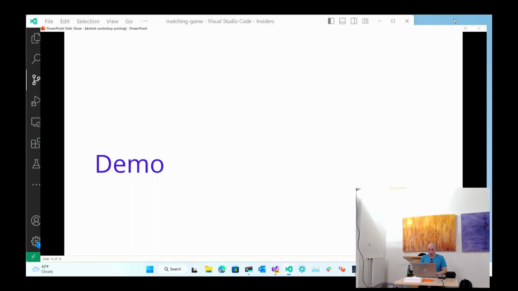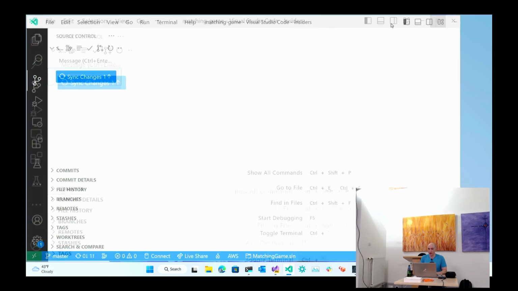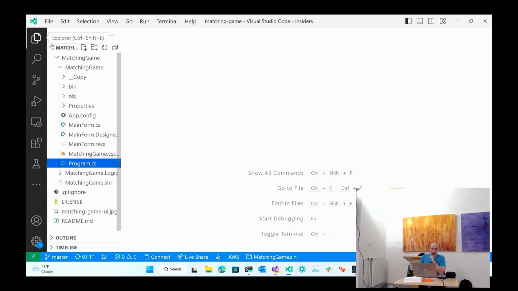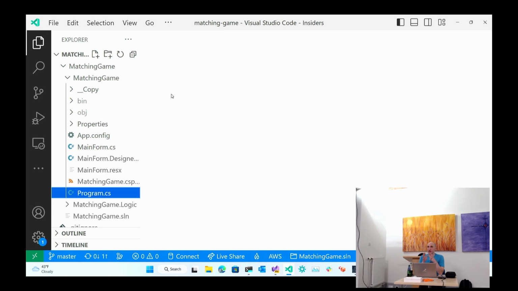All right, so I'm going to start off with the .NET Upgrade Assistant, which is a command line utility. I have a simple, let me just zoom in a little bit, I have a simple WinForms application. This WinForms application has two projects. It has a WinForms project, and it has a class library.